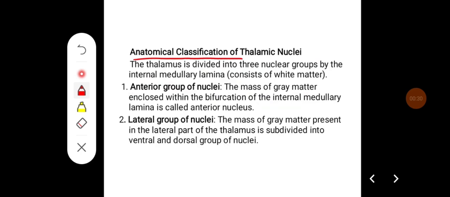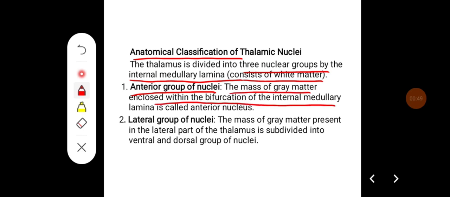Anatomical classification of thalamic nuclei. The thalamus is divided into three nuclear groups by the internal medullary lamina, which consists of white matter. It has been divided into the anterior group, lateral group, and medial group of nuclei. The anterior group of nuclei is a mass of gray matter enclosed within the bifurcation of the internal medullary lamina, and which is